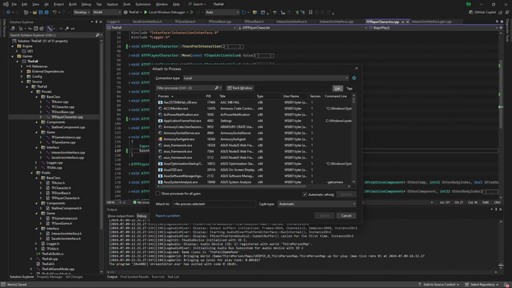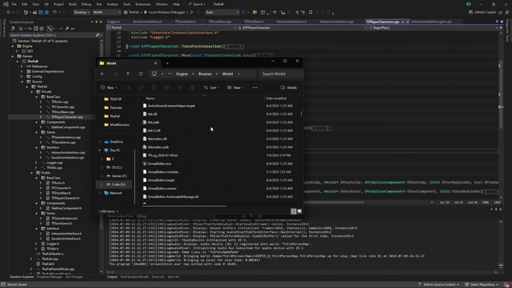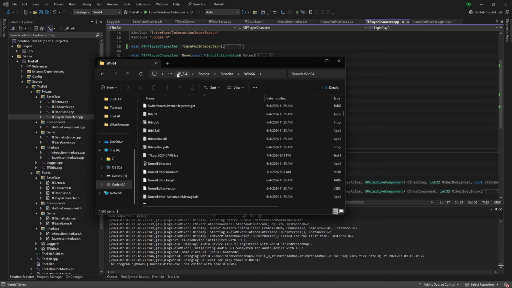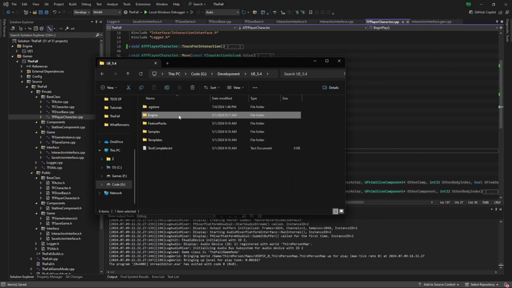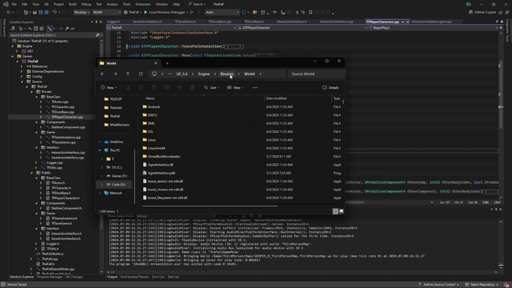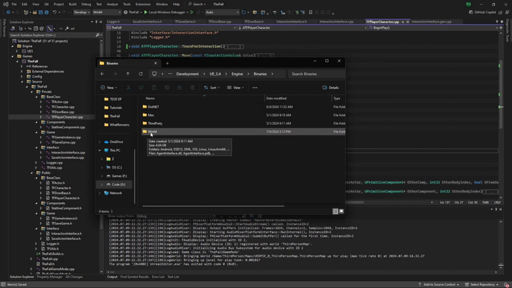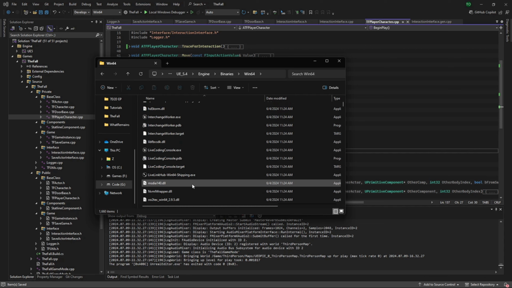All right, folks, so it did take me a little bit to track it down. Let's close that out. Because we're using the editor, it is in a bit of a weird place. It is in where you installed the version of your engine, in the engine folder. Go back: Engine, Binaries. In this case, because I'm running on Windows, Win64, and then, because it was TF log,